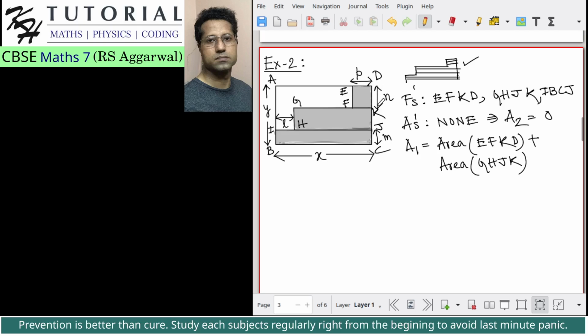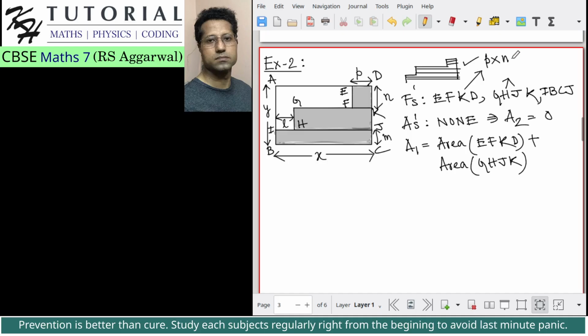Okay, DK is n, and what will be FK? Okay, ED is P and FK is n. No, not FK, but DK is n. So for this, I know the dimension is P by n. Okay, and for this rectangle